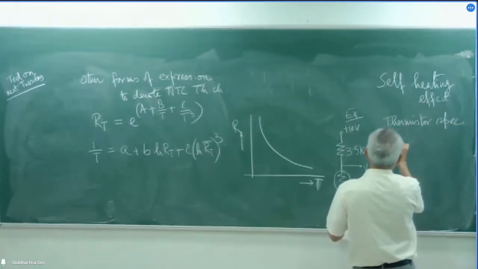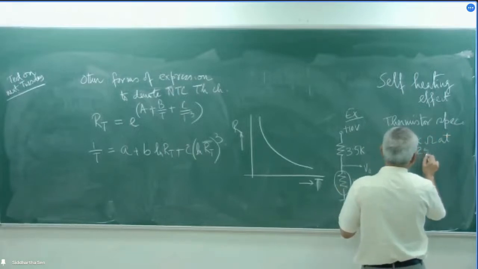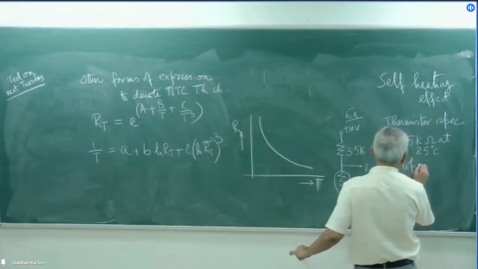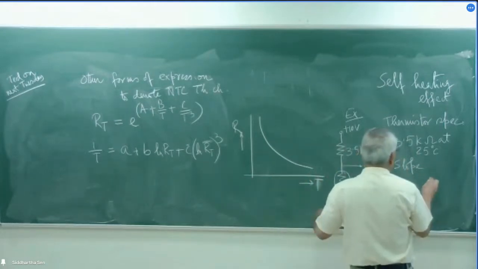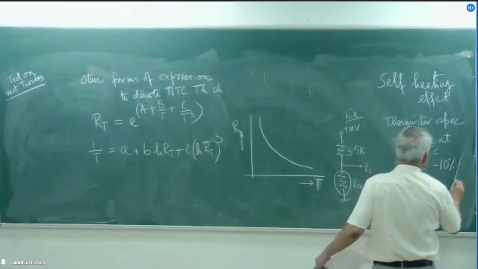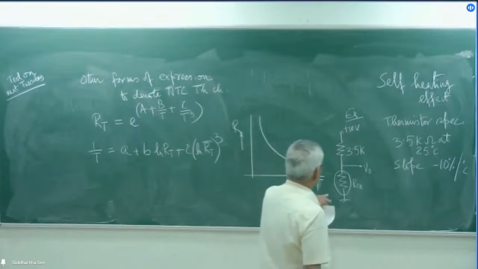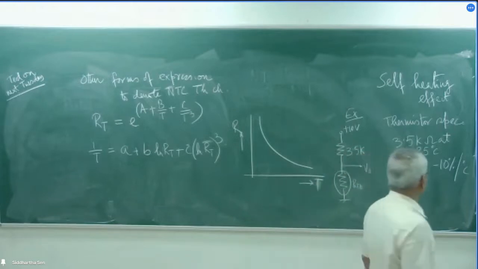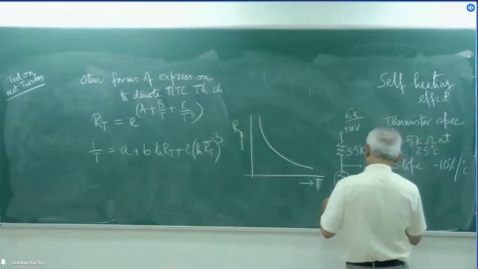is 3.5 kilo ohm at 25 degrees Celsius. Slope, instead of writing all the things, the alpha, beta and all other things there, I say it is the resistance changes by minus 10% of the present value per degree Celsius. So the thermistor is also 3.5 kΩ at 25 degrees Celsius, and it changes by 10% per degree Celsius. And we say that dissipation